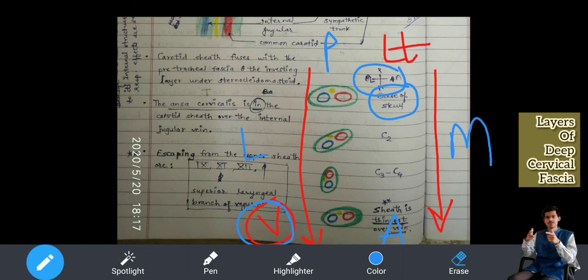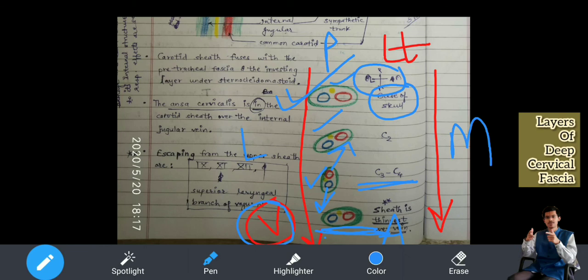Then it tilts a bit. Here at the C3, C4 level, the nerve is lateral most, the vein is anterior, the artery is posterior, and again lower to it, at C5, C6, C7, when you see, again it comes back to how it was at the base of the skull. It rotates in between, and again it's like that. It rotates in the sense that the contents inside it rotate.